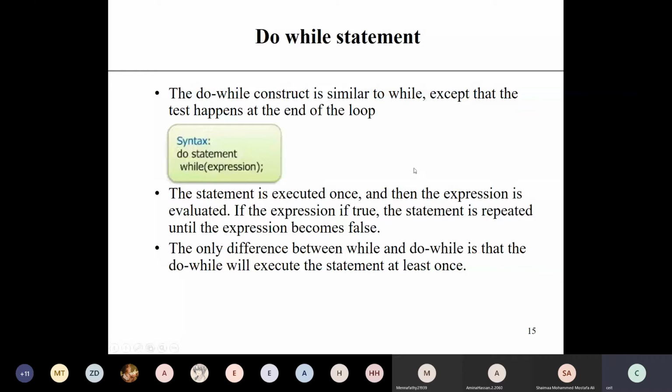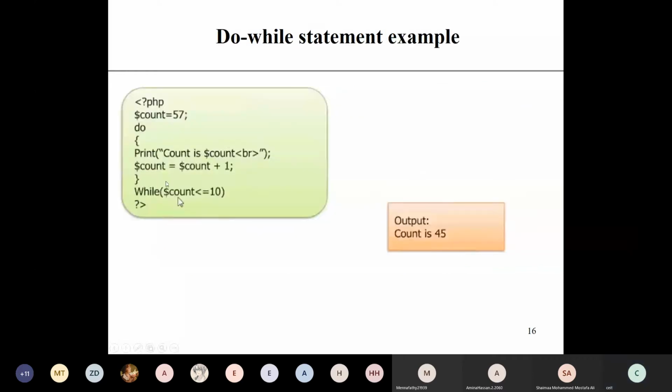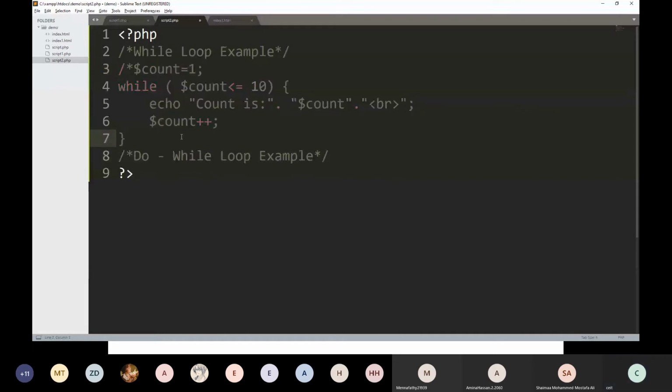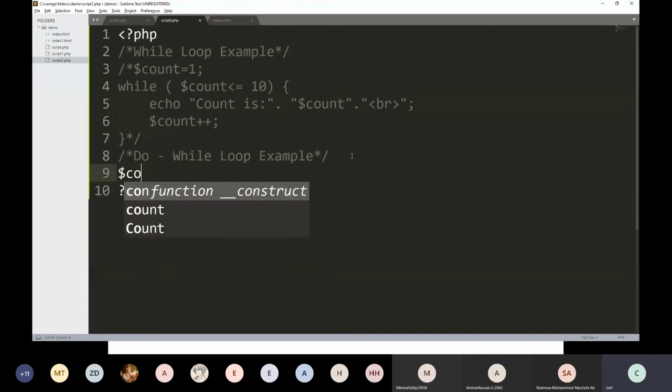Because suppose this thing, the same thing, I will write using do while loop. Okay. Do while loop. This one. And here $count equal to 1.